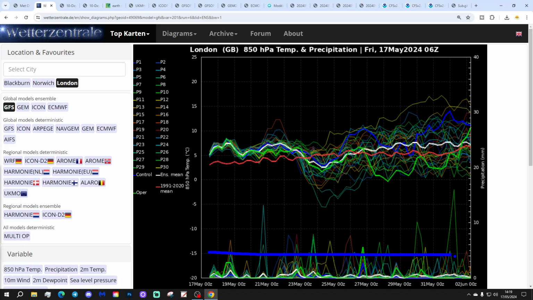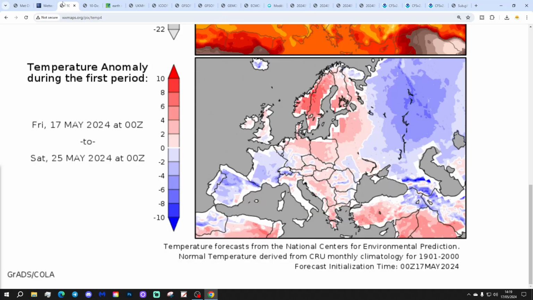Precipitation wise, not completely settled, not as wet as we've had it earlier in the spring, obviously. But not completely getting rid of those precipitation spikes. We still keep showery intervals going really for the next couple of weeks. Not a washout by any means, but further showery bursts likely.